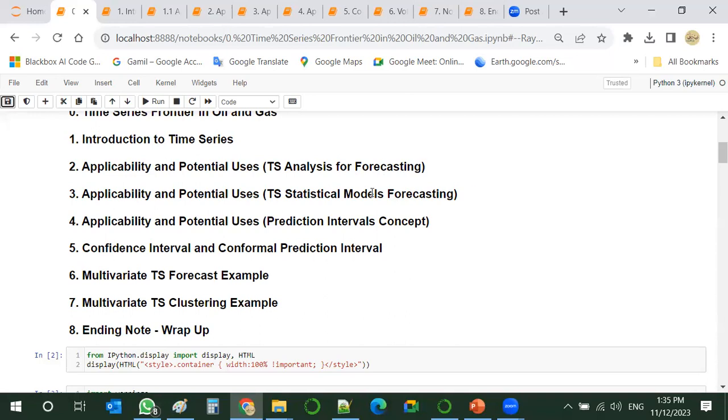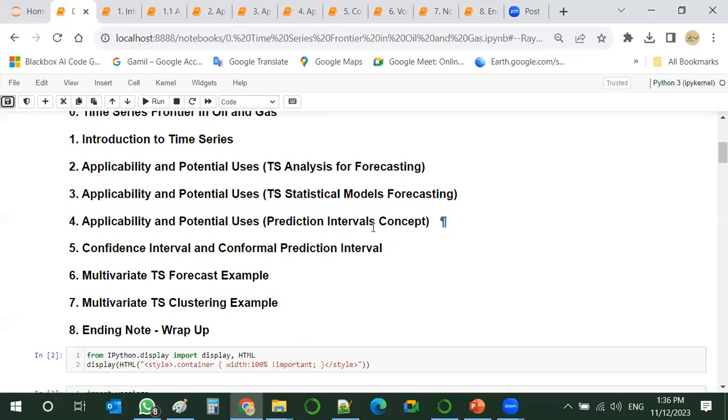And this will be followed by detailed forecasting models. But we will see also the applicability and uses both in statistical and machine learning models. And we will come through a very, very important concept, which is prediction intervals.